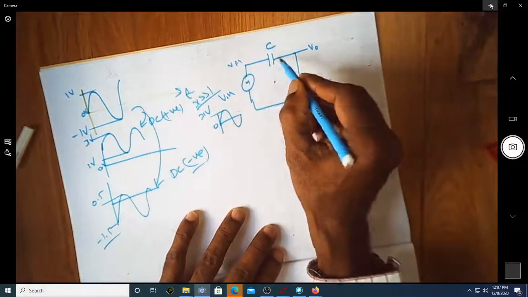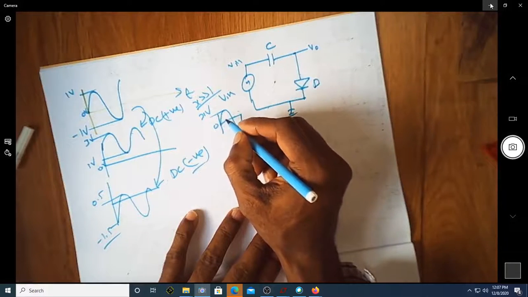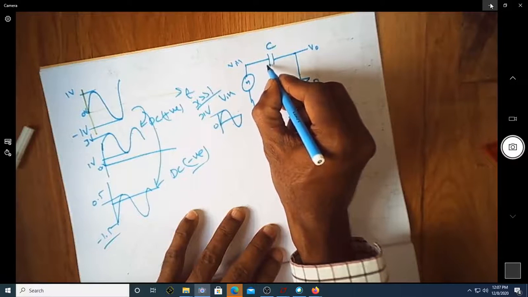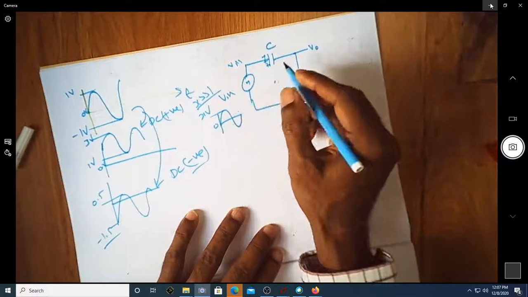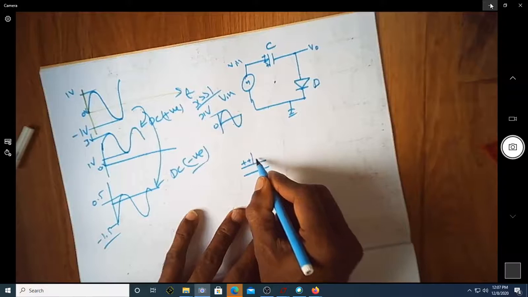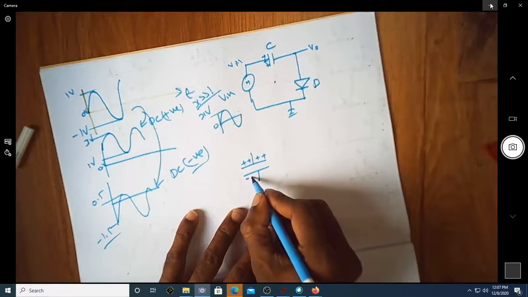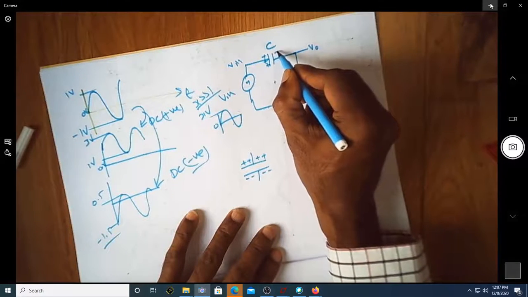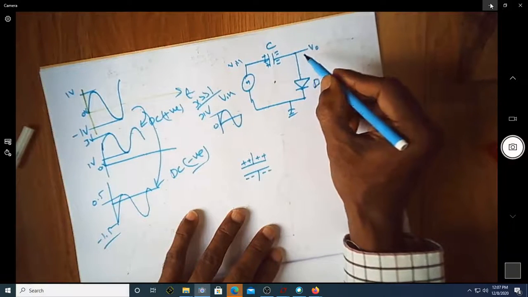Here you have the input voltage and you have a capacitor. As soon as the positive voltage is applied, on the left hand plate we will start getting positive charges accumulated because of the positive half of the cycle. We know that because of the capacitive action, if one side of the plate gets positive voltage, the other side has to get negative potential. So the right hand side of the capacitor plate has to get the negative charges.